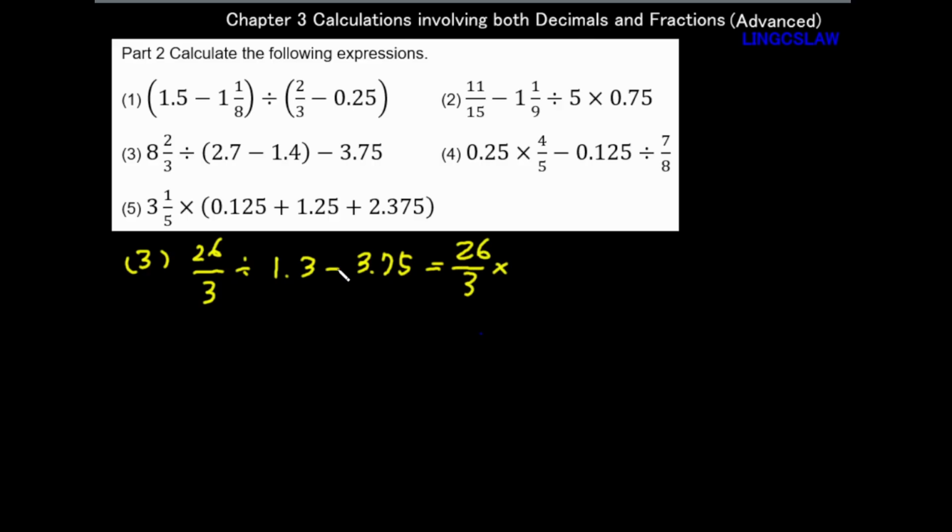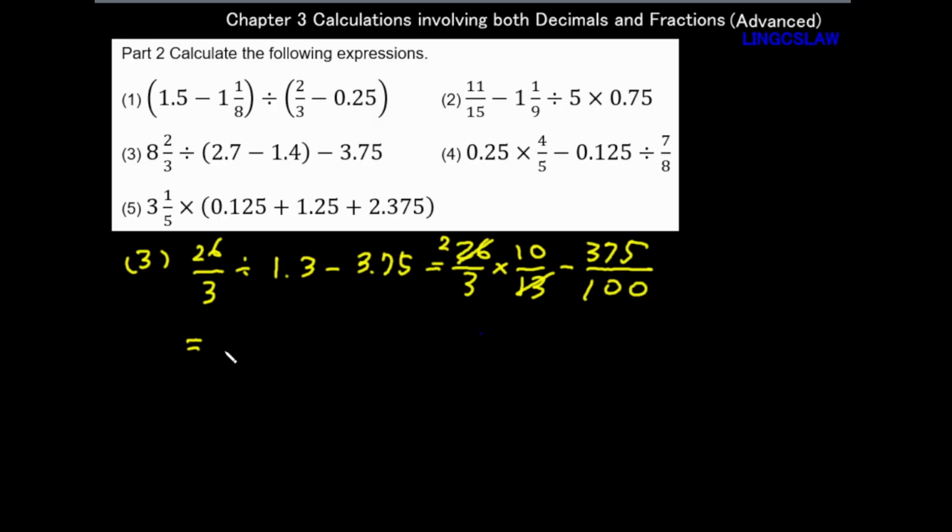divided by 13 over 10. So the denominator is 13 and the numerator is 10, minus 375. So 375 over 100. Okay, now